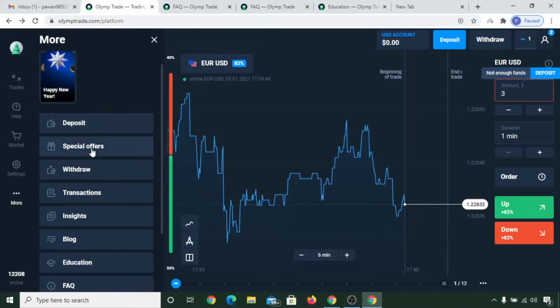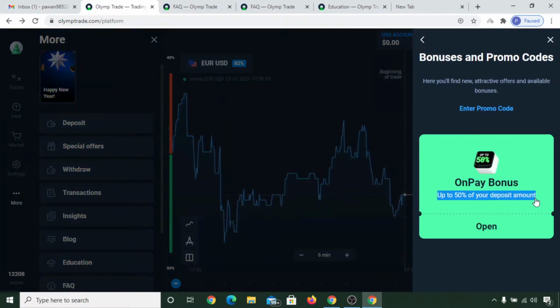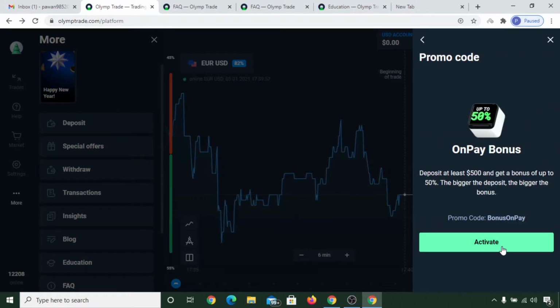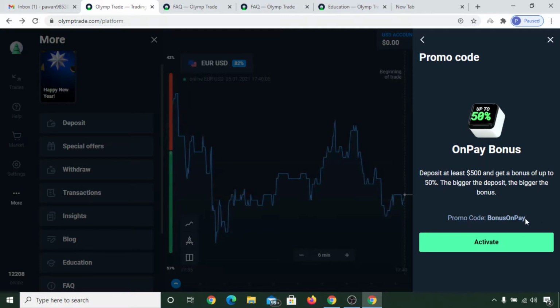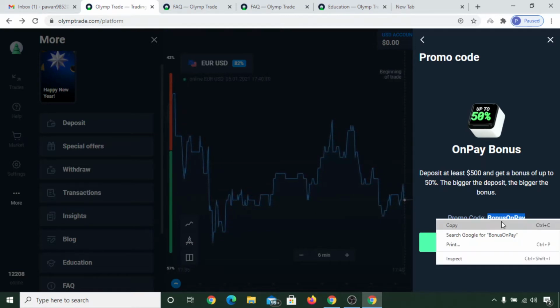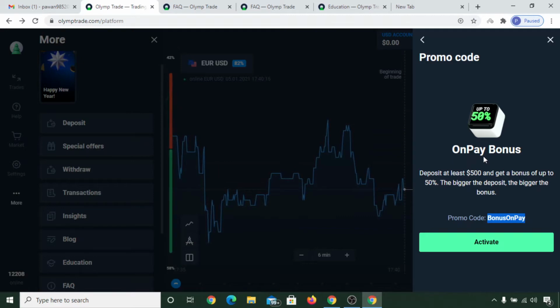Okay, and you can click on special offer here, and get a bonus up to 50% of your deposit amount. Okay, you can click on activate, and then deposit at least $500 and get a bonus of up to 50%. The bigger the deposit, the bigger the bonus. So this promo is going on recently, and you can deposit $500 after clicking activate here, and then you will get a $250 bonus inside this platform, which you can use to trade in Olymtrade.